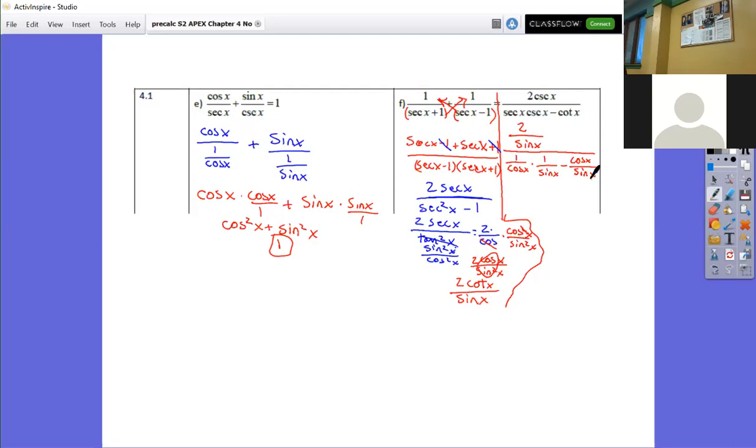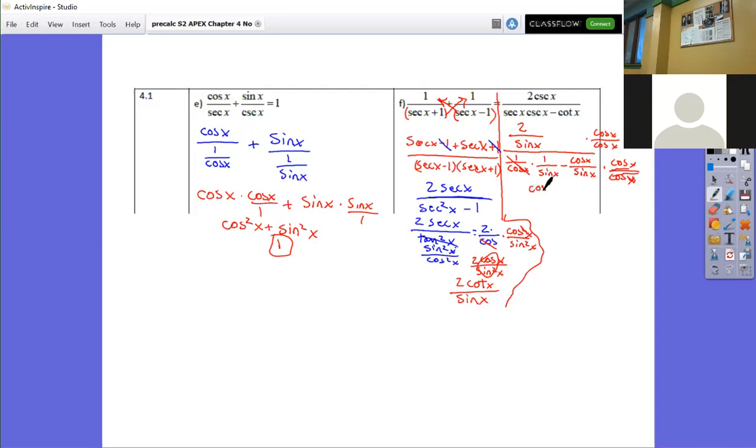All right, so now I'm going to go on ahead. I need to get rid of something in the denominator, so I'm going to get rid of this cosine of x. I'm going to multiply the top by cosine of x over cosine of x, and I'm going to multiply the bottom by cosine of x over cosine of x. Okay. All right, so here, this one's going to cancel that one out. So now I'm going to be left with